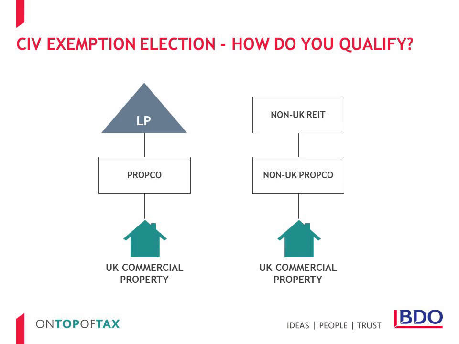For those of you familiar with the terminology, this requires the structure to be non-close. A close company is broadly a company the equity in which is owned 50% or more by 5 or fewer shareholders. This means at least 11 independent investors are required to qualify for the regime. However, it's important to note that certain institutional investors are not counted for the purposes of this test. Therefore, even if a structure has only a single institutional investor, it is capable of electing into the CIV exemption regime.